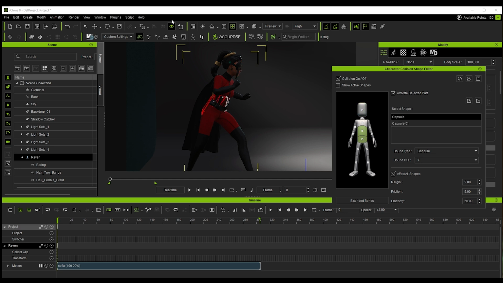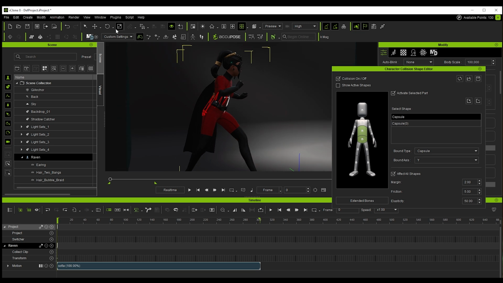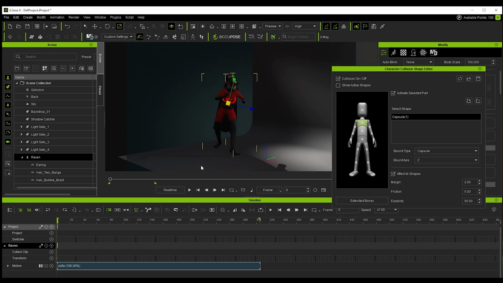I can also make these bigger if I want to. Well, I can keep making all of them bigger, checking as I go. And that way I'll almost always prevent the fabric from going inside the character.